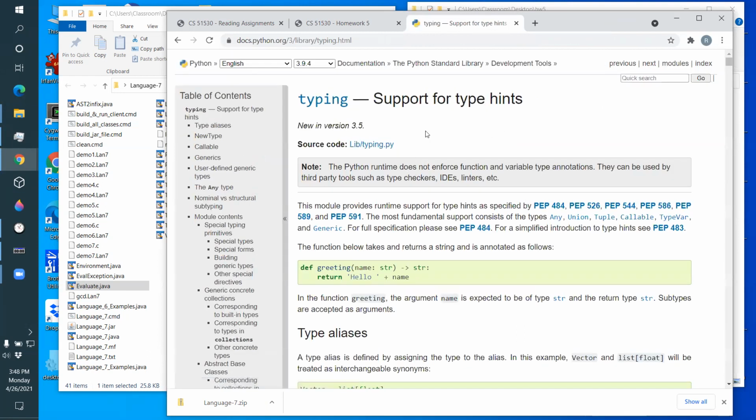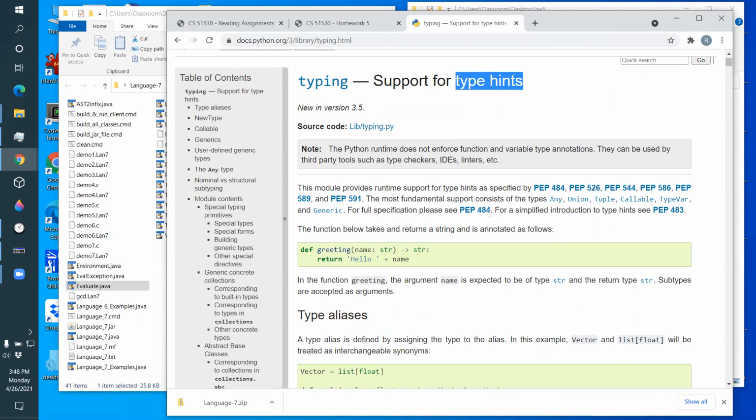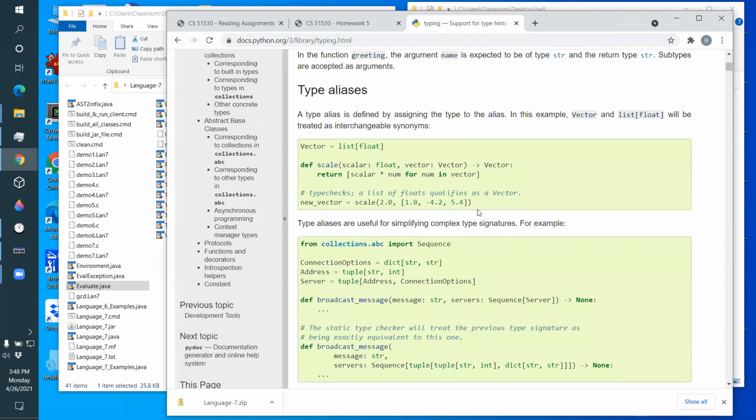They're type hints. You can put them in your code in a certain way. I forget exactly what the syntax is, it's kind of funny syntax, but you put these hints in your program. The hints are used by a static analyzer,